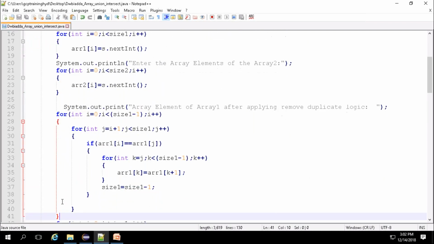Now we need to apply the duplicate removal logic. Now we can see how to remove the duplicate from the array. Until it reaches size 1 minus 1, from 0, the duplicate logic will be applied. So the main theme is